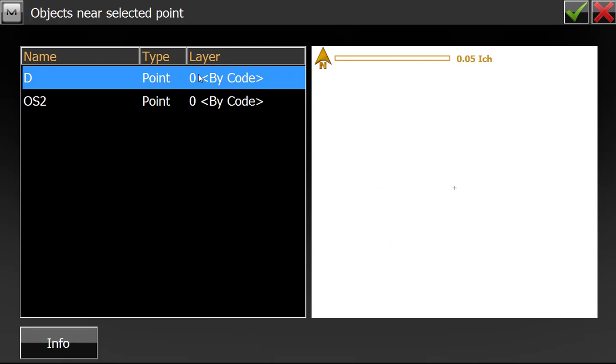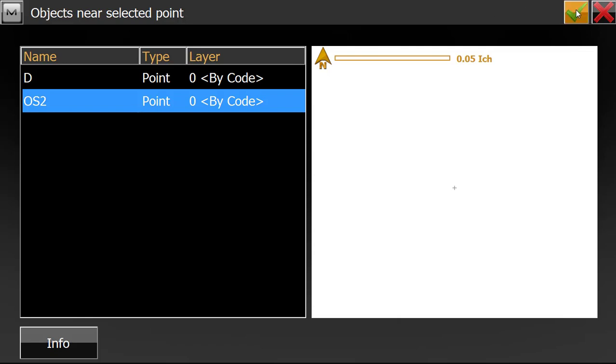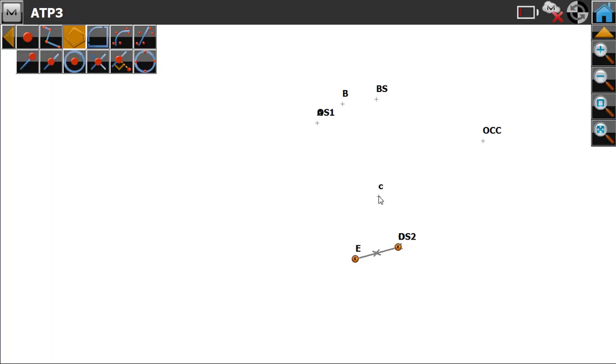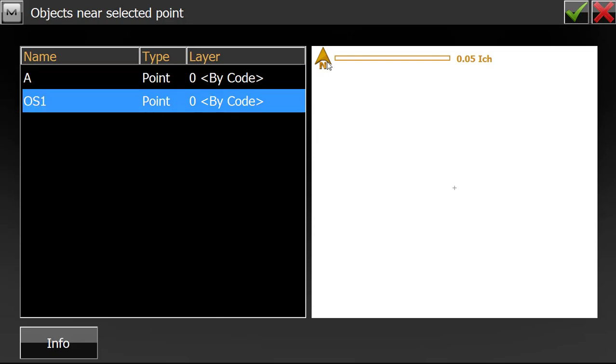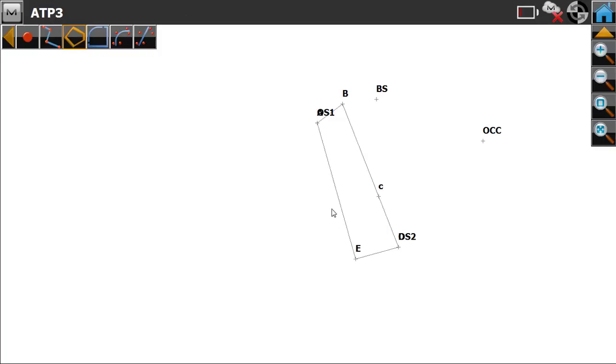So here we can see there are 2 points. The point D is created in the home and OS2 is the old stone. So here there are 2 points and I am selecting the OS2 point and click on this map, and C and the B point and the OS1. So after that, here we have transformed the created FMB to the available old stones. Nothing but we have aligned the FMB to the available old stones.